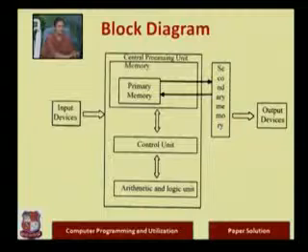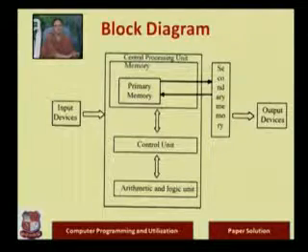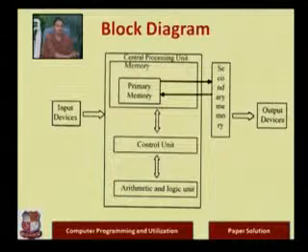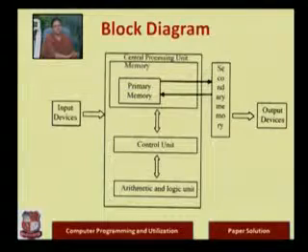Then in your CPU you have memory, that is you have two types of memory, primary memory and secondary memory. Primary memory you can write about RAM and ROM, random access memory and read-only memory. Then you have control unit, which takes care of all the controlling from input to output, and memory units and arithmetic and logical unit. In arithmetic and logical unit, most of the calculation works are done, that you can specify. Then secondary memory is required to have permanent storage, and you can discuss about output device, which are basically used to see the results of the computer processing that is done. So you can discuss that different output devices like monitor, printer, plotter are available.